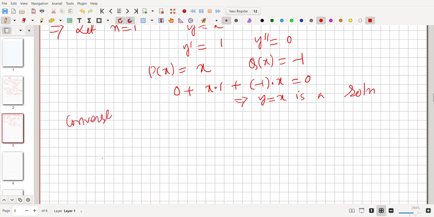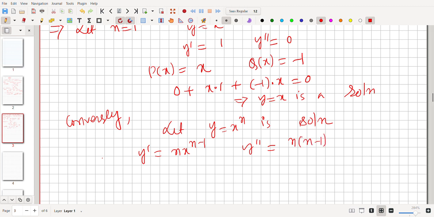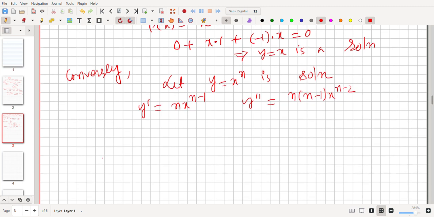Conversely, let y equal to x to the n be a solution. Then y dash equals n x to the n minus 1, and y double dash equals n into n minus 1 into x to the n minus 2. If I write it down properly, we have